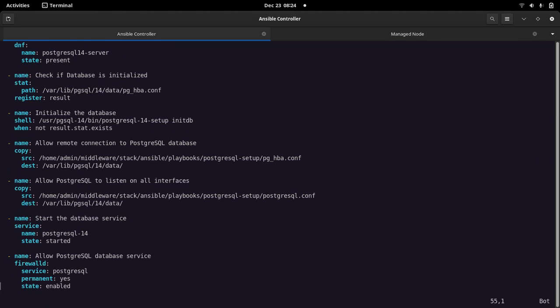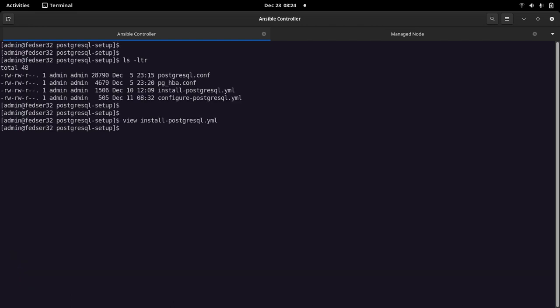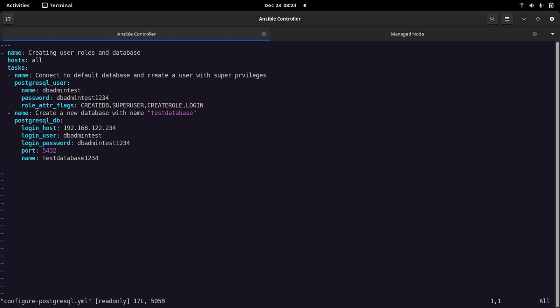After that, we started the services. This was the first playbook, and the other playbook that we created was to use the Ansible PostgreSQL module to create some databases on the server.